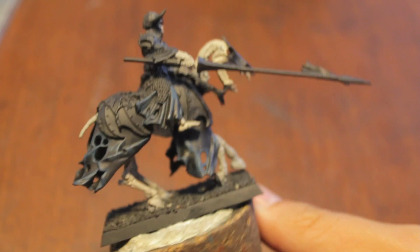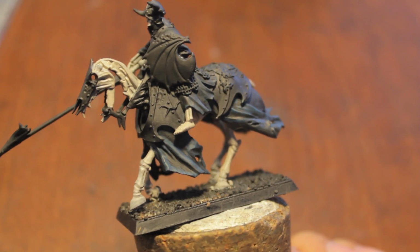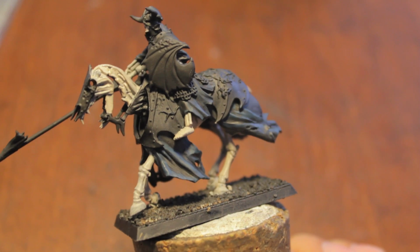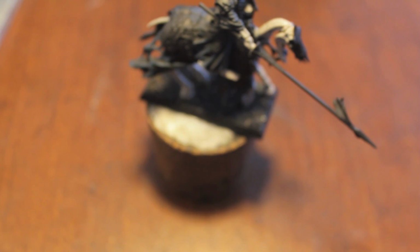So your model at this point should look like this. Let's do a little bit more before we wrap up today, okay? Let's do some of the armor, base coats at least. You're gonna take your